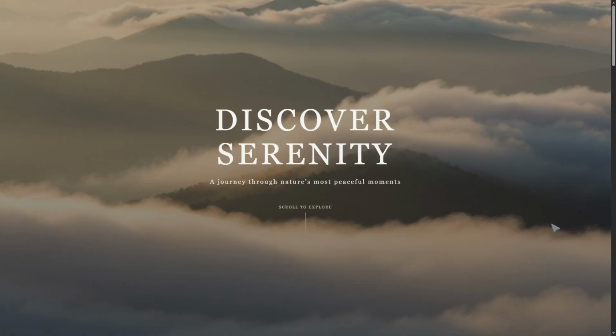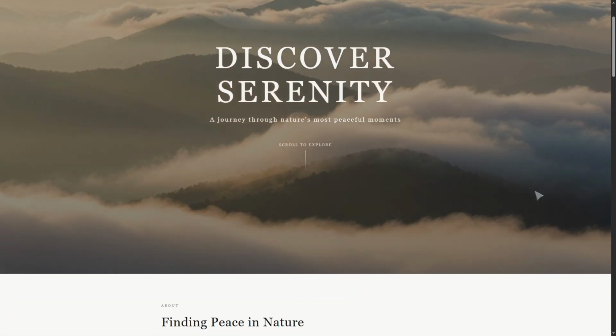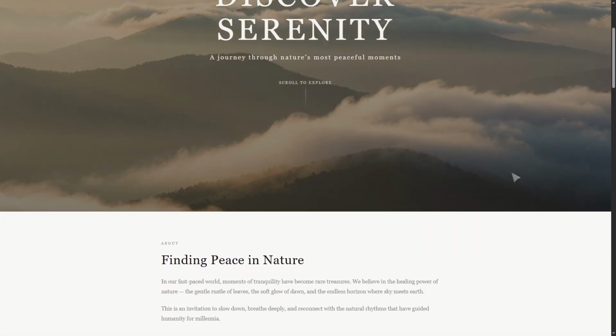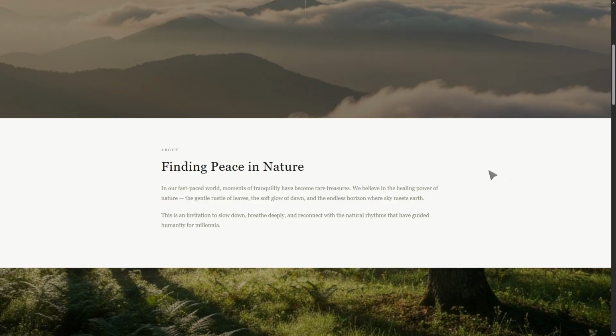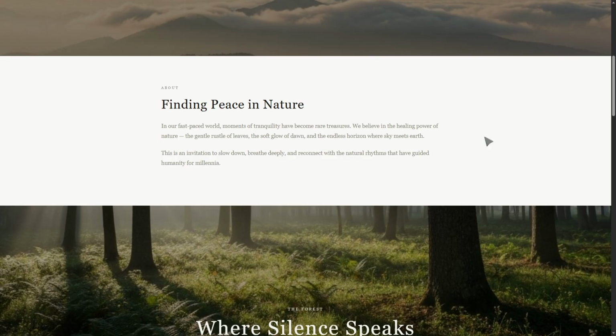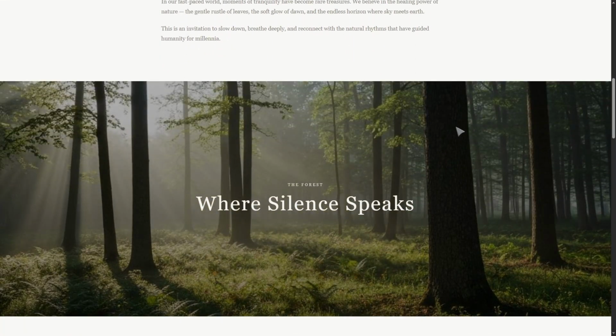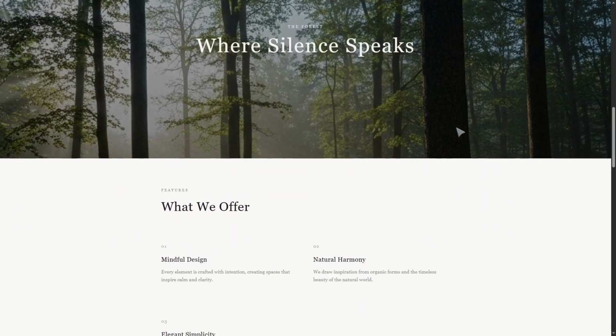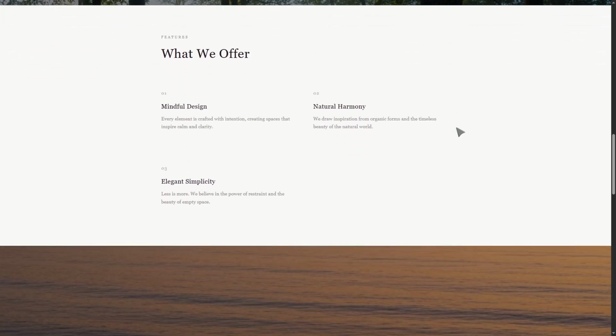Most websites look static, but with a simple effect like this, you can turn them into something that actually feels alive. In this video, I'm going to show you how to build this cinematic parallax effect using just HTML, CSS, and JavaScript, step by step, so you can apply it to your own projects and make your websites stand out